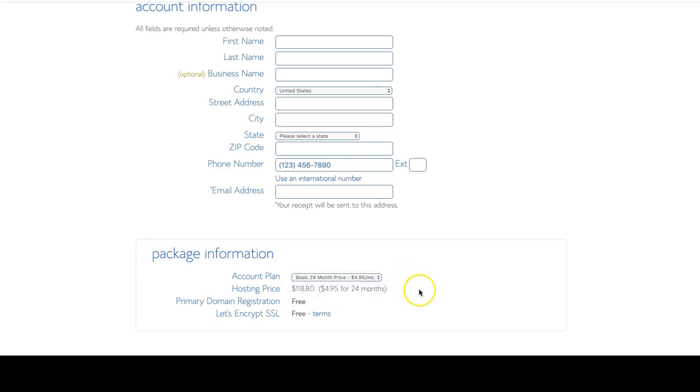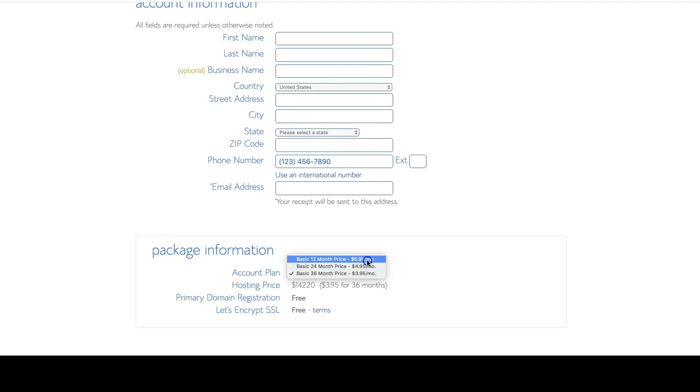Or if you want to do 2 years, it's $118, and then it's $5 a month. When I talk to my clients about this, I get it, right? We all start at different price points with our business, but it really does save you a good amount of money. And even when they're worried about paying the $71 for the year, or even the 3 years, I